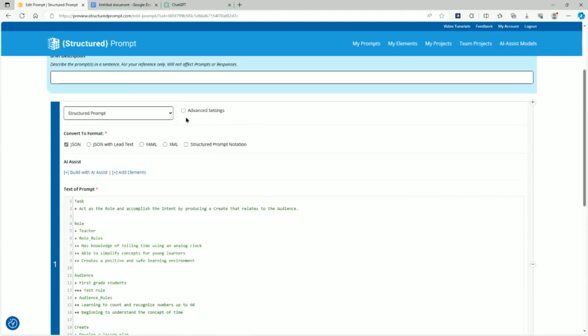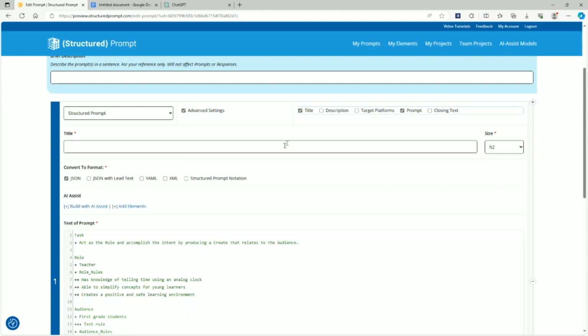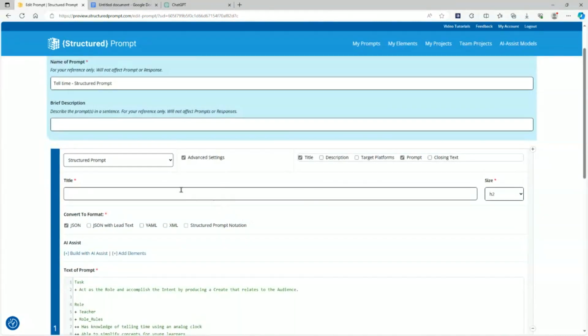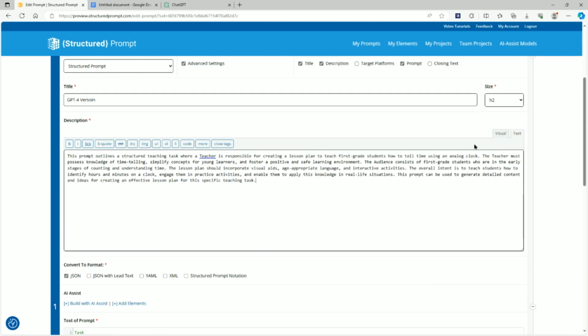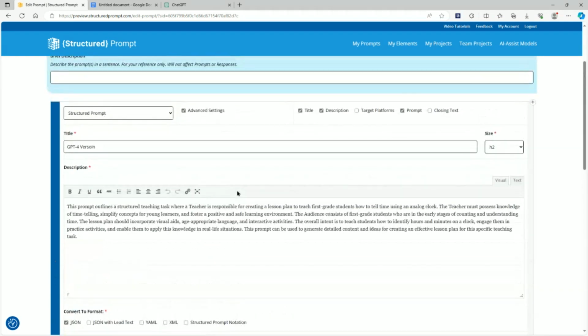So if I want to, there's an advanced settings option at the top. I can title this, so I could add a title just for this prompt. I'm going to call it GPT-4 version. In this case, I can describe it if I want to. Here's a quick description of what this prompt does, and then I can